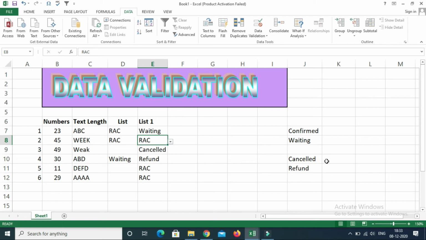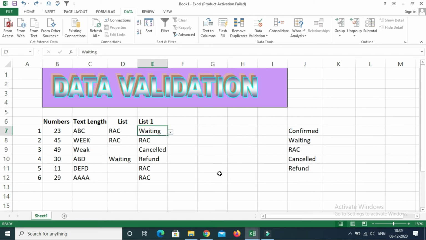In such cases, what you need to do is protect these cells, or lock these cells, or hide them in some place where only you know where you have hidden it, or put it in some other sheet so that no one can access this source and make changes to it. But you need to remember that if you forget, then it is not retrievable, it will be gone permanently.